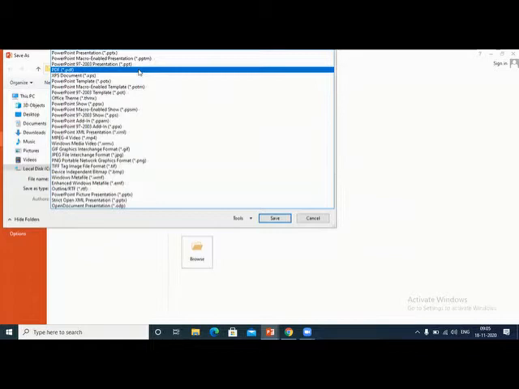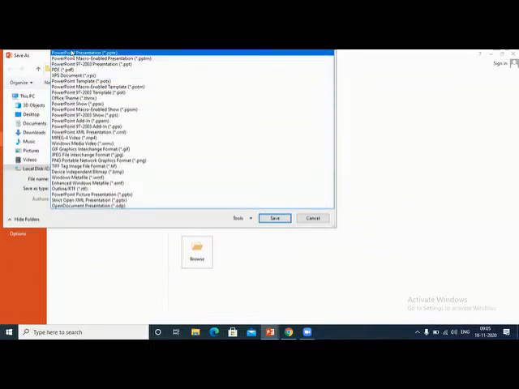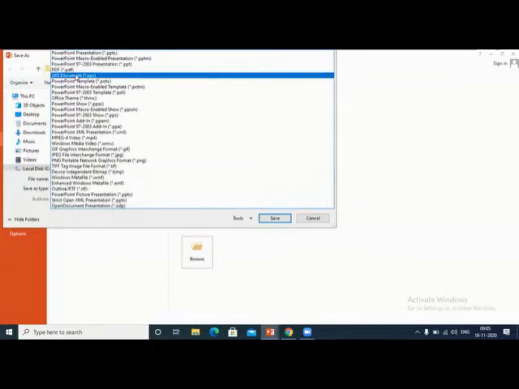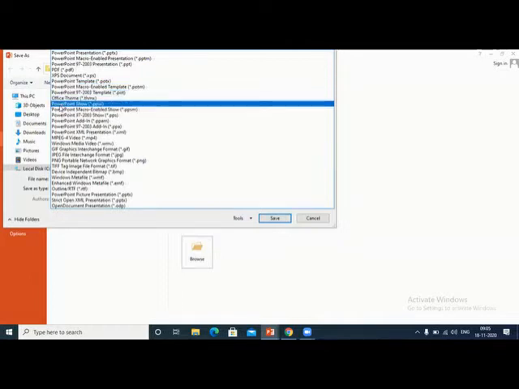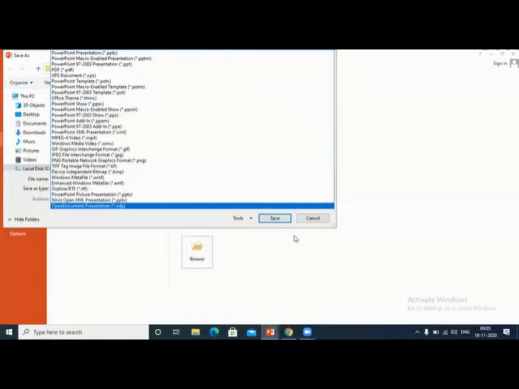Here there is also PowerPoint Presentation template and PowerPoint Show. That is enough when you send to someone who need not make any changes. You don't want him to make any changes; he just wants to see the presentation. In that case, you create the PowerPoint Show. Okay, save.